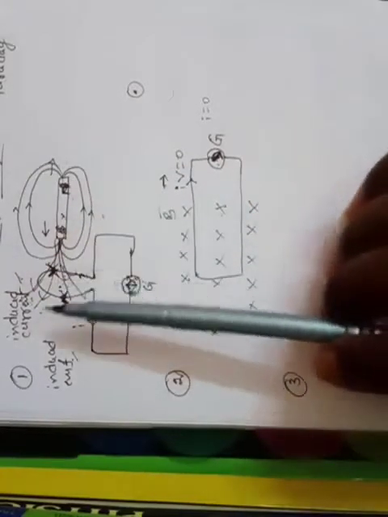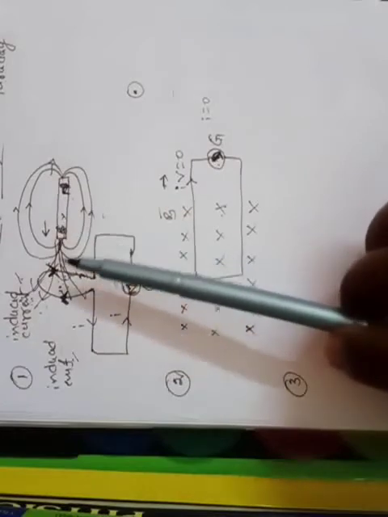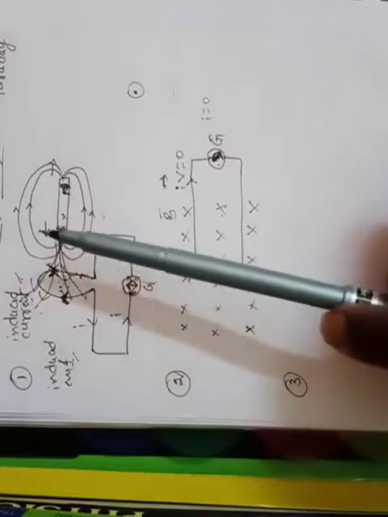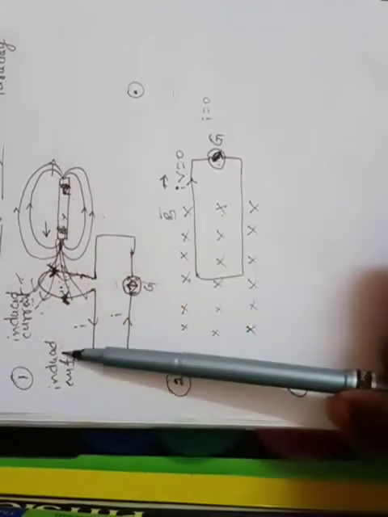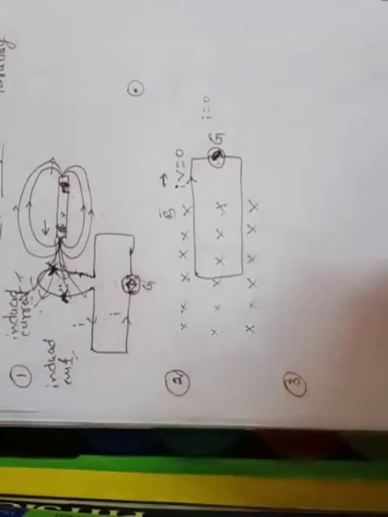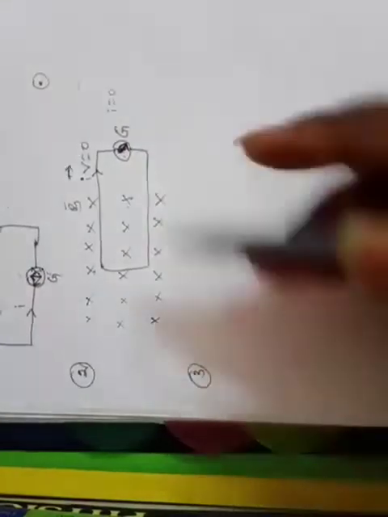So the flux will be changed whenever there is a relative motion between the bar magnet and a closed coil or any conductor. Due to the change of the flux, induced EMF will be set up, which causes induced current in that closed coil. So next, similar to this experiment, we'll take